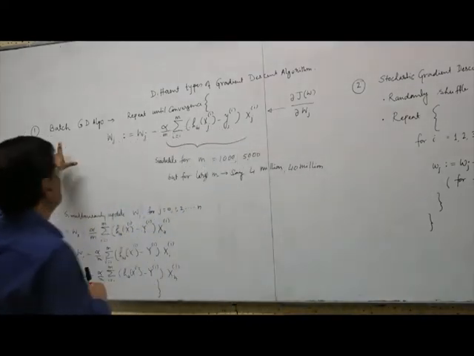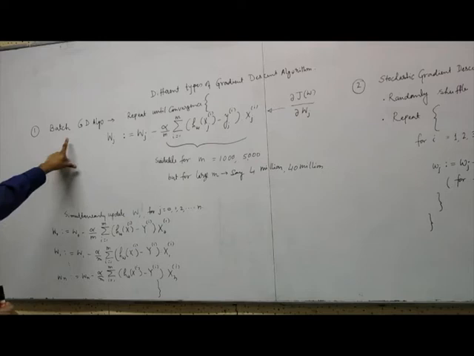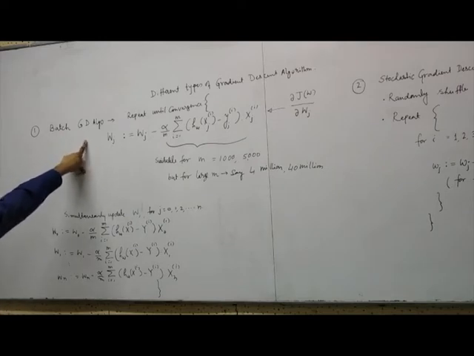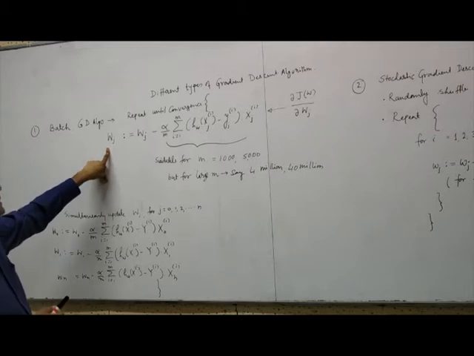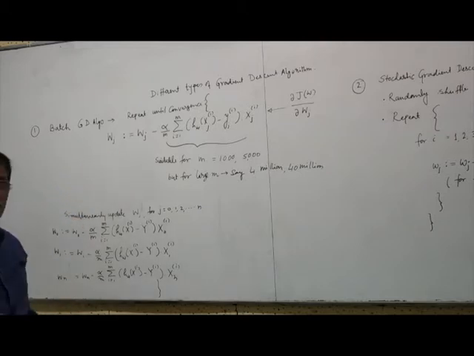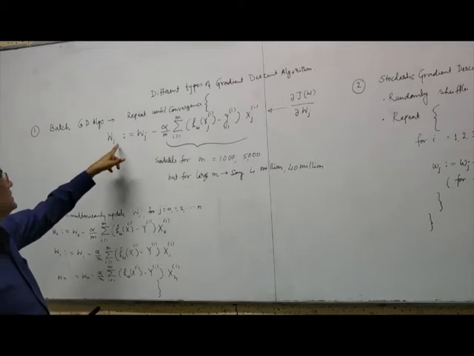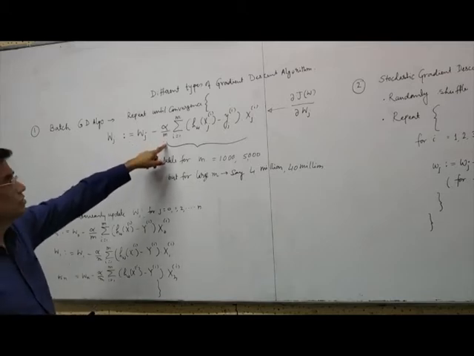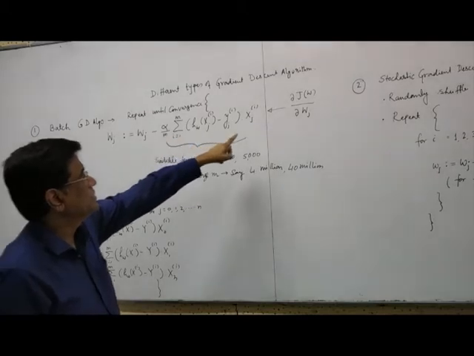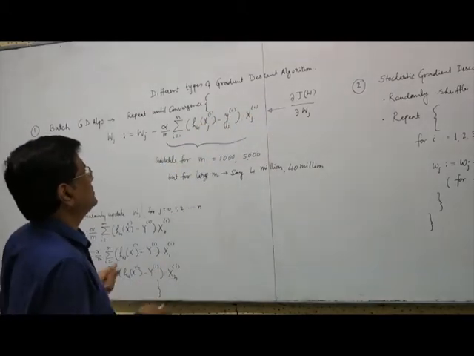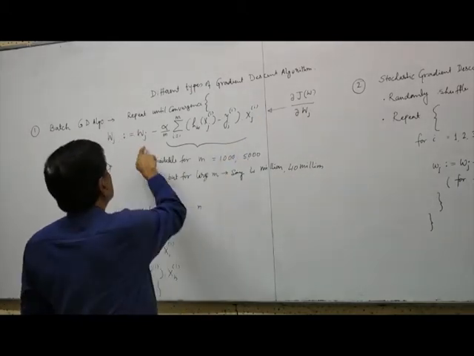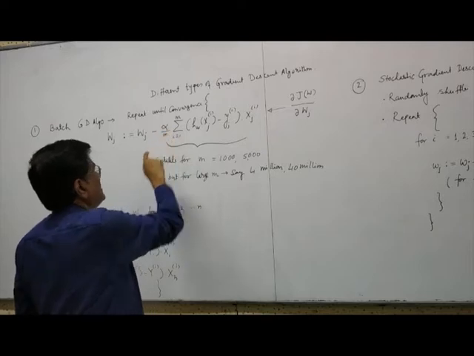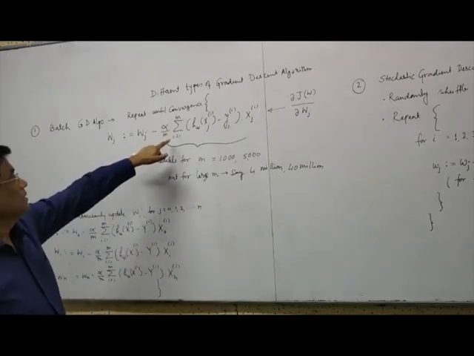First one is known as the batch gradient algorithm. So the algorithm works like this. This Wj is a parameter attached to the jth feature. This is the operation rule which we deduced last class, and this is the derivative. So minus alpha divided by n, n is for convenience,